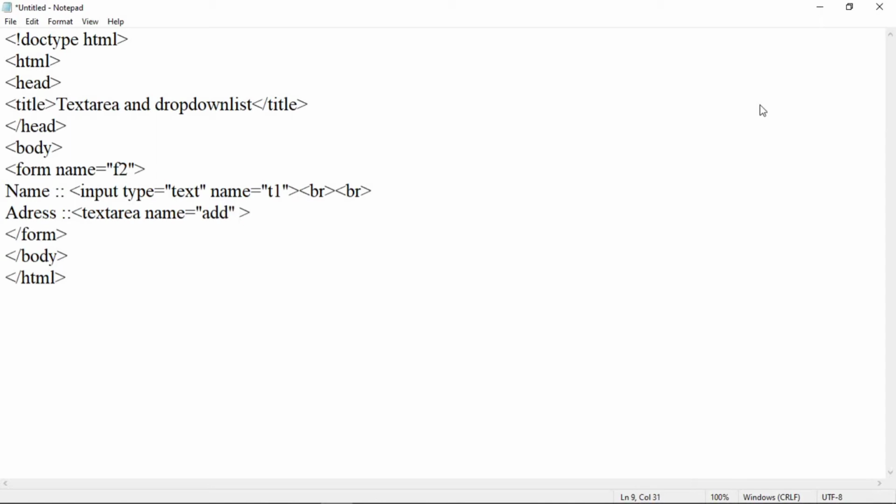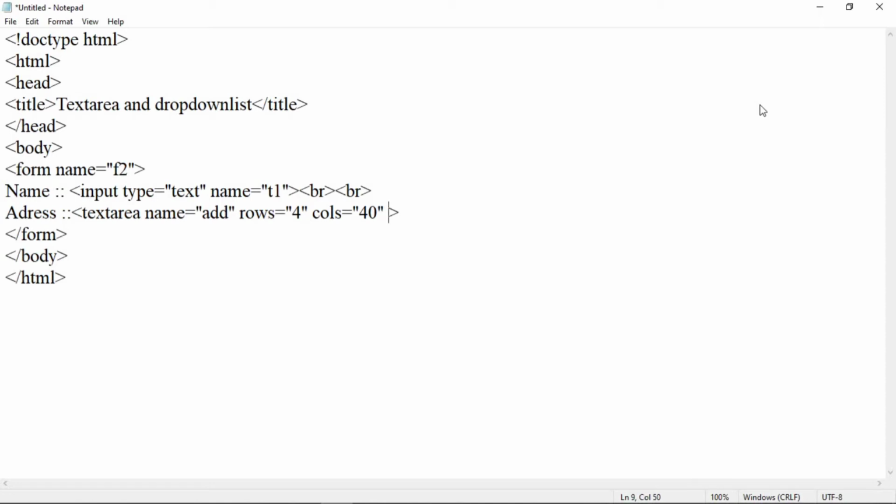Then let us set a number of lines for this text area. So we can use a rows attribute. Rows is equal to, suppose, 4. To specify width for this control, we will use a cols attribute. So let us use 40. Cols is equal to 40.